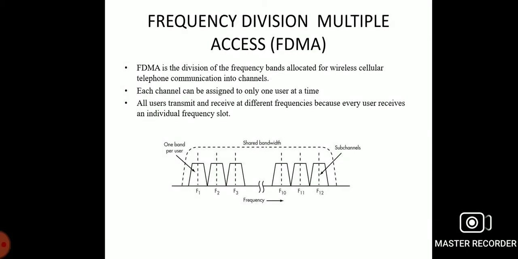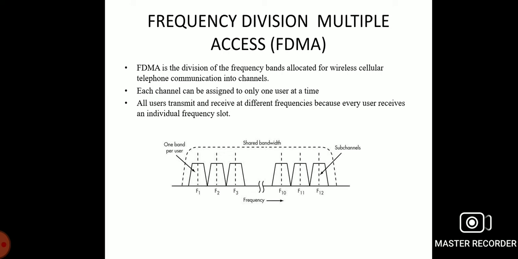In this lecture, EC8652 Wireless Communication Unit 2, Cellular Architectures. In the previous session, we studied the cellular architecture and multiple access techniques, which is the introduction of multiple access technique. The common schemes used for these multiple access techniques are FDMA, TDMA, CDMA, and also SDMA. Today's session we are going to discuss the FDMA technique.